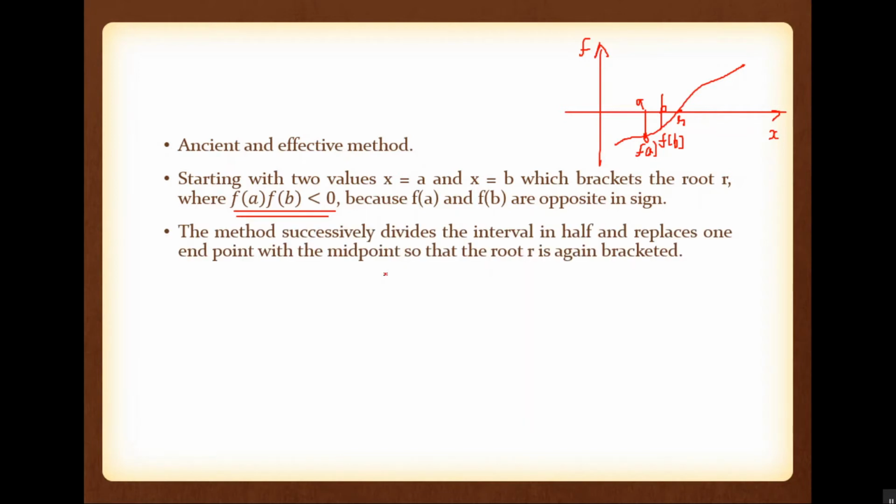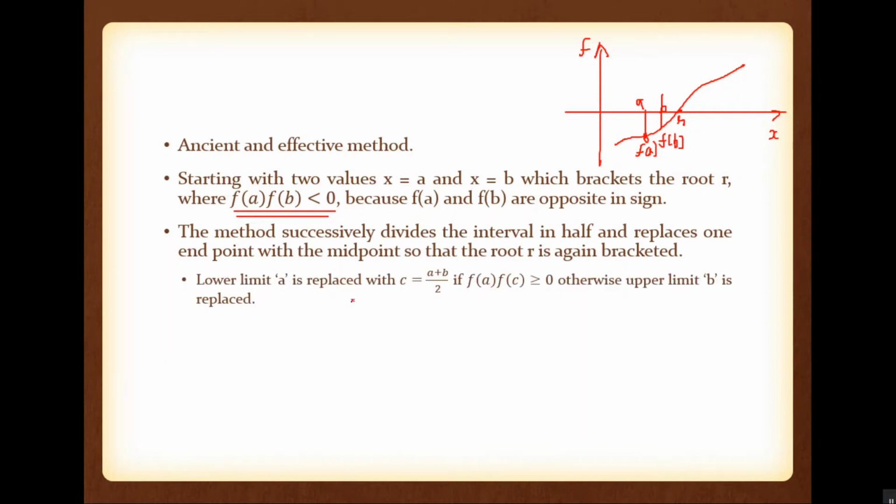Okay. So how are we performing this one? So we have an interval. This is the initial interval. a and b is the initial interval, and we are successively dividing that interval, means we are successively modifying either a or b, so that the interval is halved. The current interval will be the half of the previous interval. That is why this method is called the interval halving method. Okay, please note that.